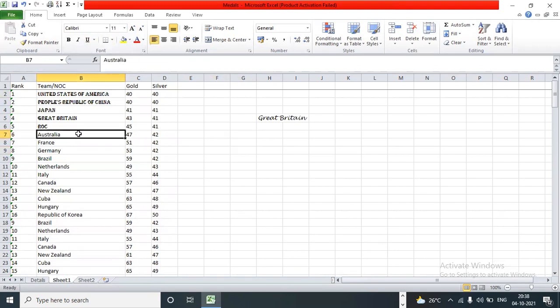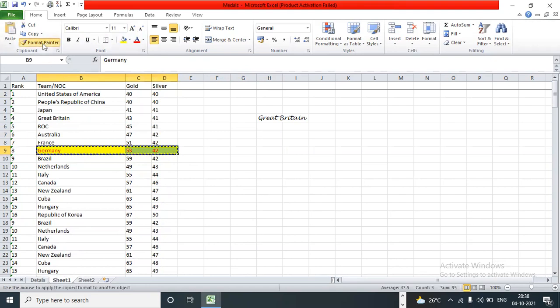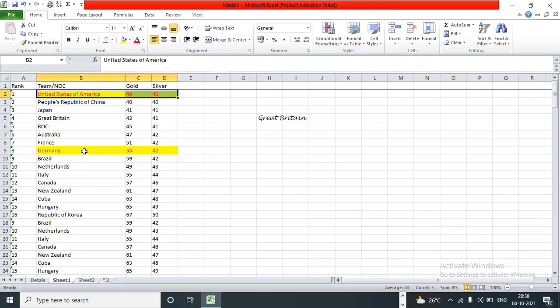So now what is the format painter? For example, if I select this option, which is Calibri, and click format painter and then click over here, it is also changing to Calibri. Format means whatever format you want to select, irrespective of color. Suppose there is one color, a red one. If I want to apply the same format to the remaining cells, what can I do? Select that one, go to format painter, click somewhere else. Can you see the change in color and font and everything?